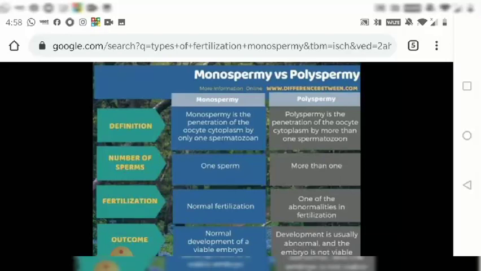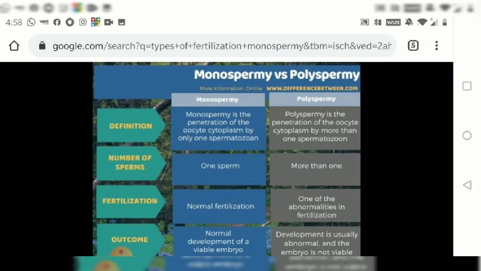So remember this, the egg will not develop, so it will die soon. Because more receptors are needed, the cortical reaction takes place, so the acrosomal contents will be secreted more, so the egg will die soon, and fertilization will not take place, or the zygote will not be formed. So that is about pathological polyspermy.